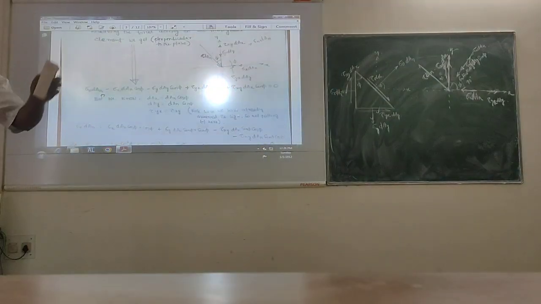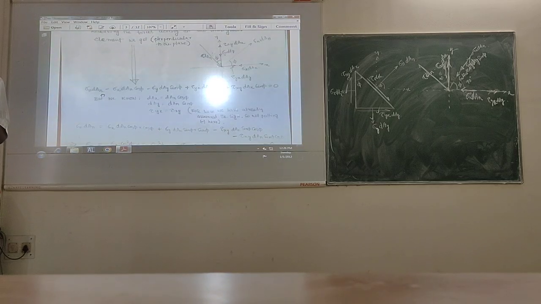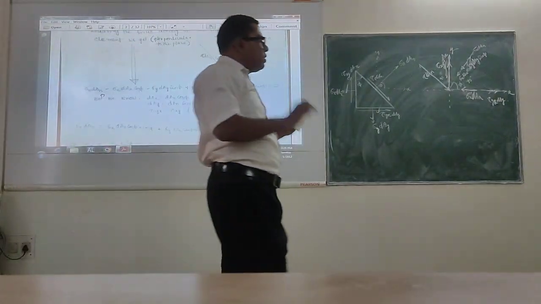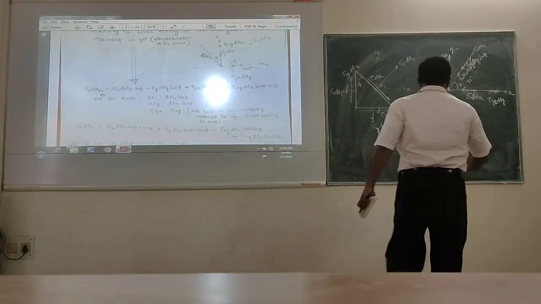And resolving all these forces along the sigma n axis, what are we getting? We are getting that the sum of all the forces along the sigma n axis should be equal to 0. That is the equation of statics. So we are applying nothing but the equation of statics. We are just resolving the forces. Okay? Now next is